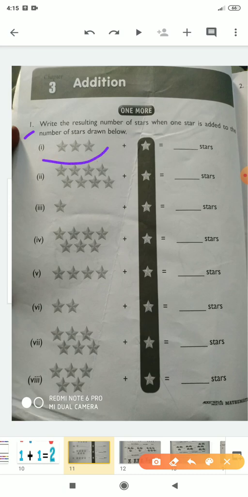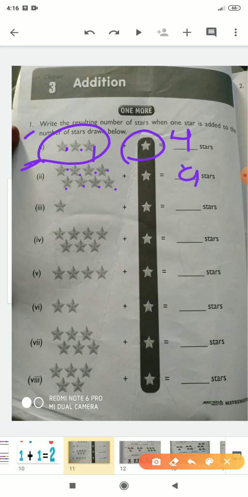So here we have one group, and then we again have one group. So in the first group we have to count the stars, then in the second group we have to count the next star. Okay, so if we start from number A, number 1, let's start: 1, 2, 3. 3, then to 3, one star will be added, it becomes 4. Okay, next: 1, 2, 3, 4, 5, 6, 7, 8. 8 plus 1 star, 9.